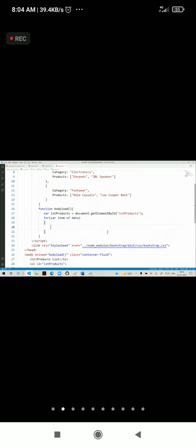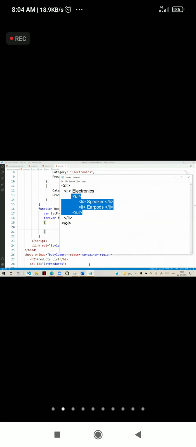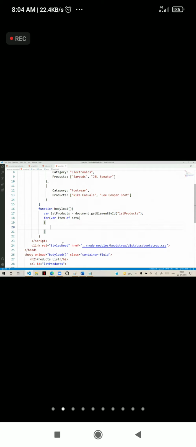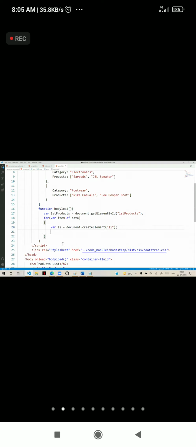Now, first step, what we have to do is create a list item, first level. In that, we need the category name and add it to the ordered list. So first create a list item where li is equal to document.createElement li. This li.innerHTML is item.category.